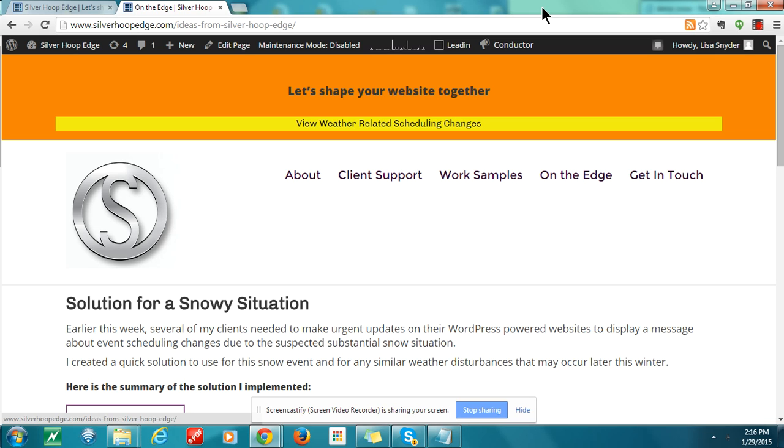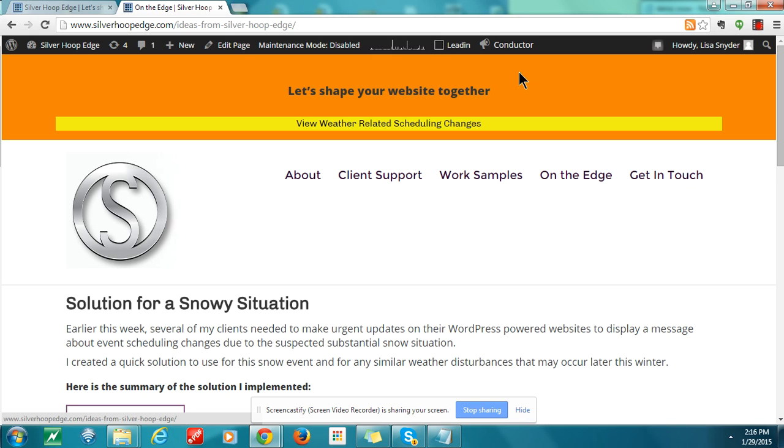1, the website that you're working with needs to be a WordPress-powered website, a self-hosted WordPress-powered website, not one that's set up using WordPress.com. Second, there's a plugin that needs to be installed. This plugin is freely available from the WordPress repository. That means you can go right into the plugins area of your dashboard and add a new plugin, search for the plugin called Note,